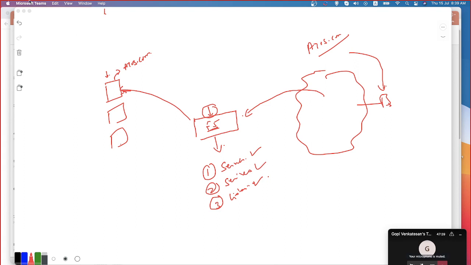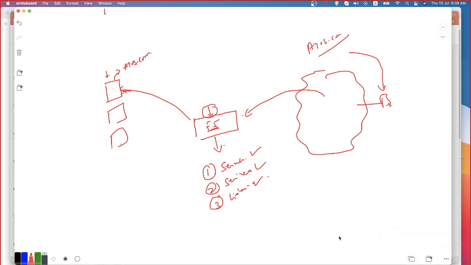So what I was trying to explain here is, FI needs to know to which IP address it might be receiving the traffic, and that IP address is what I'm calling a listening IP address. On that particular IP address, the FI is going to be listening. Upon receiving any traffic on that listening IP address, it has to be sent to one of the servers. So we are identifying the services, and then the respective service should be running on the server, and that server identification is also going to be happening.